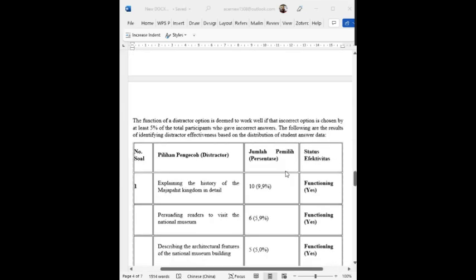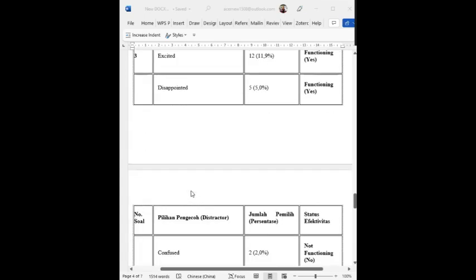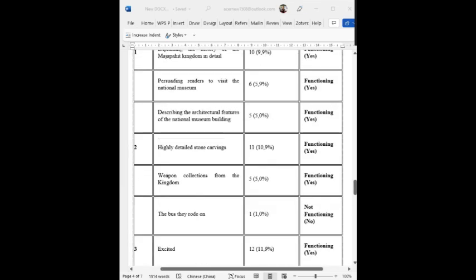Next, we have the distractor analysis. In this case, the function of a distractor is deemed to work well if that incorrect option is chosen by at least 5% of the total participants who give incorrect answers. So there are five items.